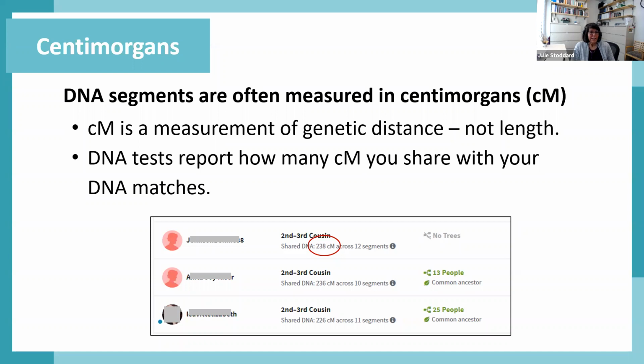So these DNA segments are measured in a unit called centimorgans, and you'll see that abbreviated cM all the time. Centimorgans is a measurement of genetic distance. You can think of it as centimeters, which is a little easier to remember because it is a measurement, but it's actually not a length, it is genetic distance. So when you get your DNA test results, it's going to report to you how many centimorgans you share with your DNA match. So in this case,